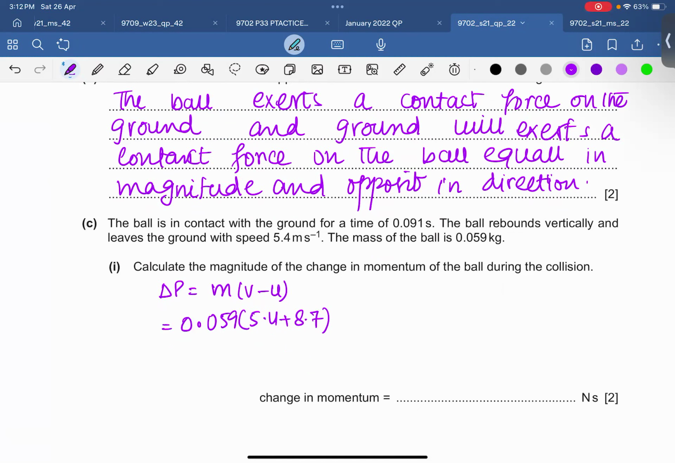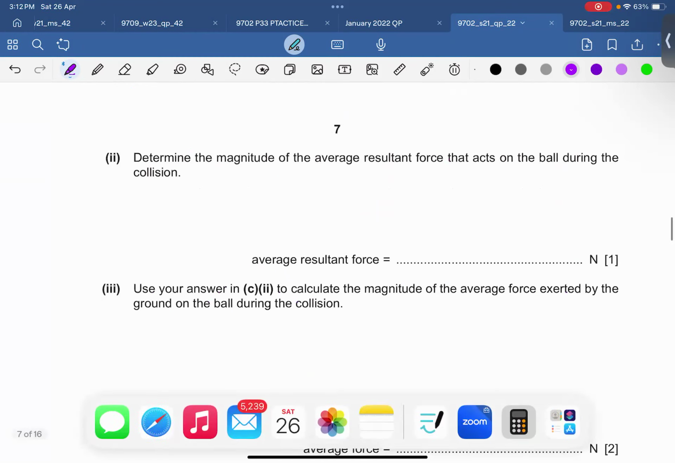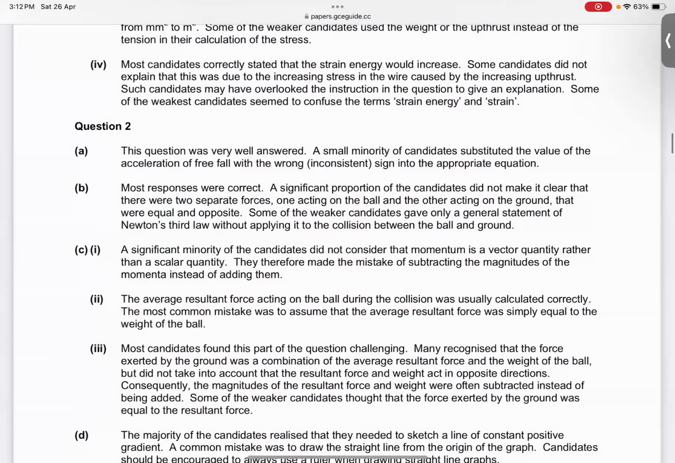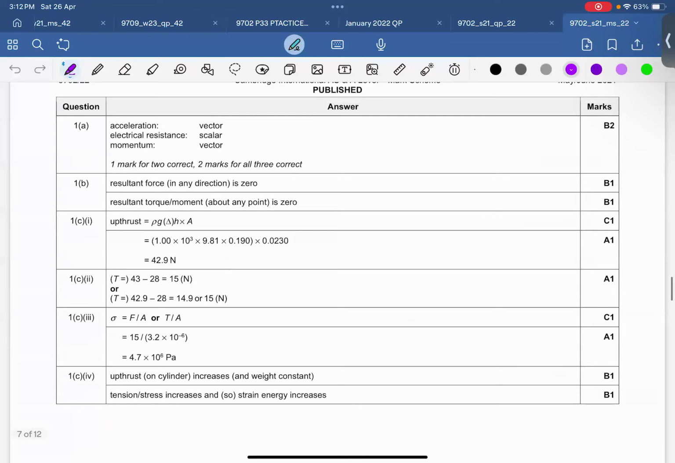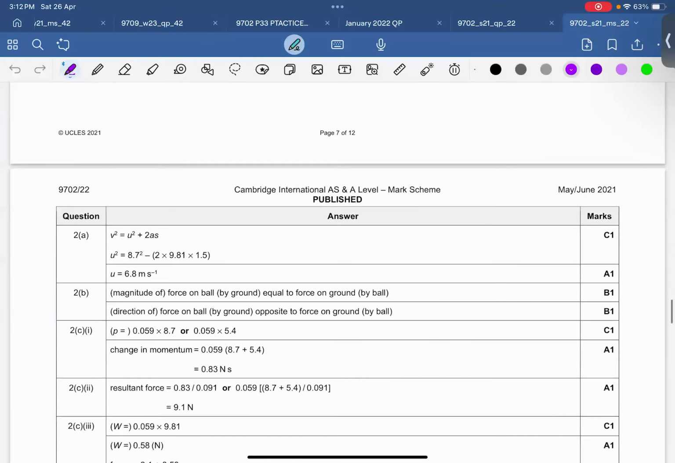0.83 change in momentum आ गया, ओके। अब मुझे ये नहीं पता कि मेरी राउंडिंग ठीक है कि नहीं, लेकिन 0.83 आया। एक मिनट, चेक कर लेते हैं, आपकी वैल्यू क्या आ रही थी? 0.8319। हाँ, सही है, दैट्स करेक्ट। ओके, आगे आ जाओ।